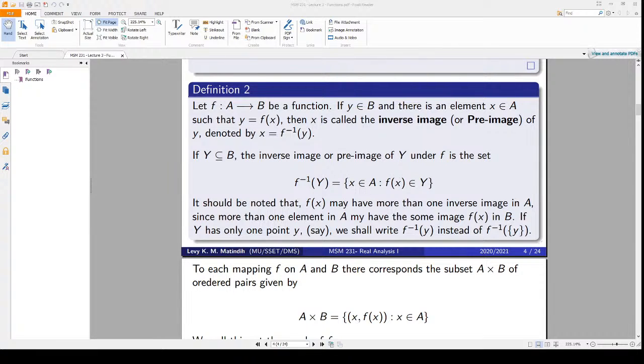So f⁻¹(Y) is this type of set, where you are reversing the elements in B to be the elements in A. So when this function f⁻¹ acts on the elements of this set Y, remember, f⁻¹(Y) is a subset of A, not of B. Y is a subset of B, but f⁻¹(Y) is a subset of A because it reverses the image to be the element, the object. So the f inverse